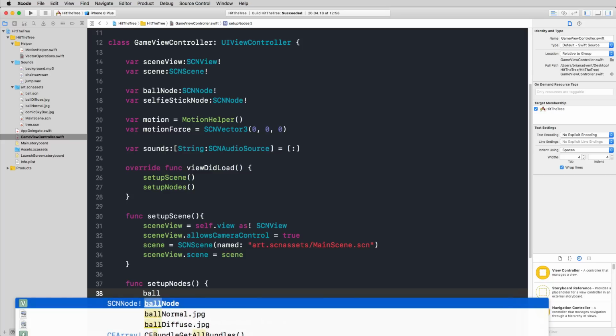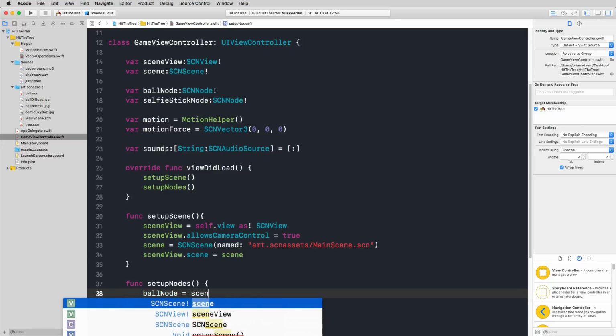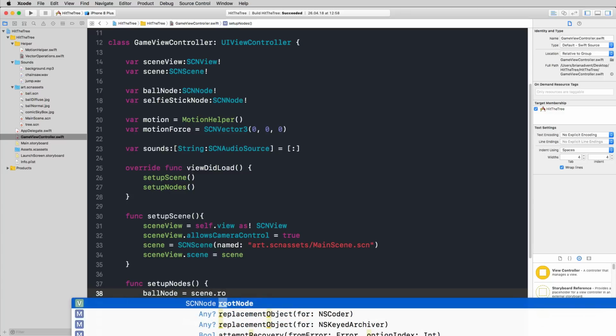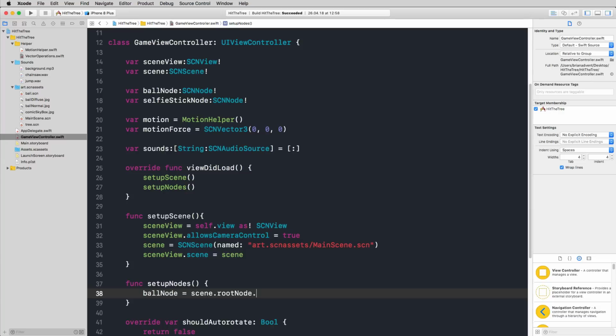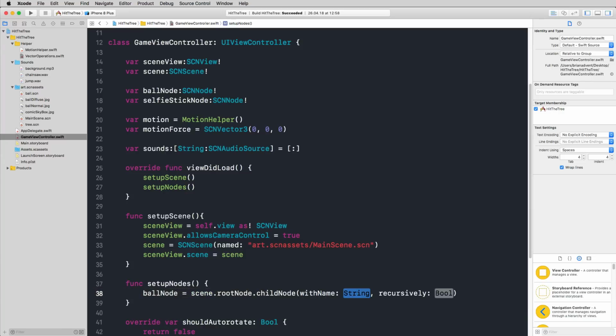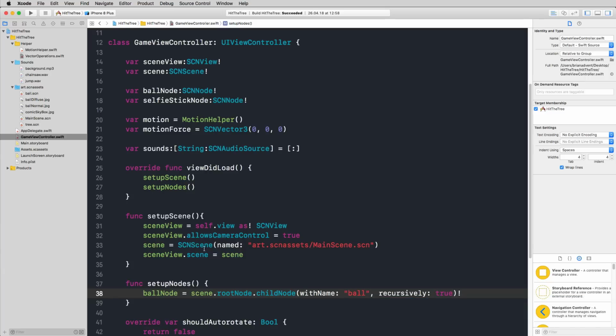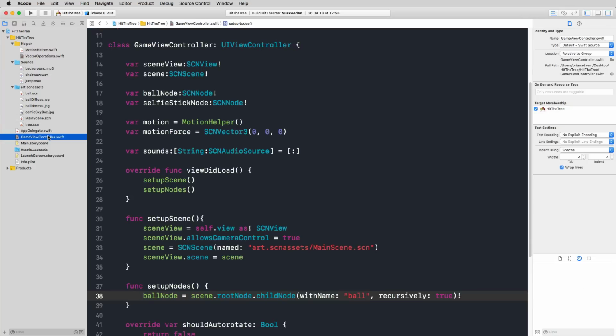So to do that, we're accessing the property, for example, ball node, and then we're accessing our scene. So we have our scene, and our scene has a root node. This is the root node of our scene graph. And then we can just use child nodes with name. This is a very cool function because it allows us to search for a child node by its name, and we should make sure that our ball has the name ball, and we'll set recursively to true, and we can also directly unwrap this because we're going to make sure right away that our child node indeed has the name